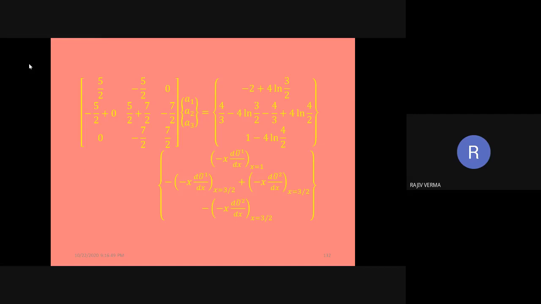And this gives us a point which is of importance at this particular moment. The two values of flux which have been evaluated at x is equal to 3 by 2 for element number 1 and element number 2 are both being added up on the right hand side also. And please notice that one of these fluxes appears with a positive sign, the other term appears with a negative sign. So when these two terms are added up together,